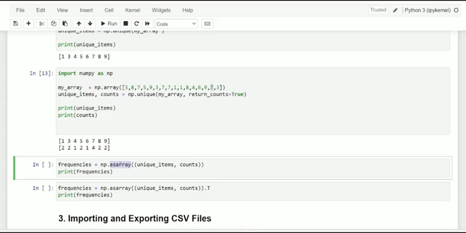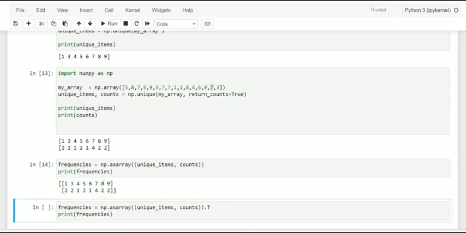See here, dear friends, when passing it, one is the unique items and the second one is the counts. This is the resultant from the 13th cell. And when I make this, we can get it done with asarray. It is just getting created, and here it is, so let me display the array here.